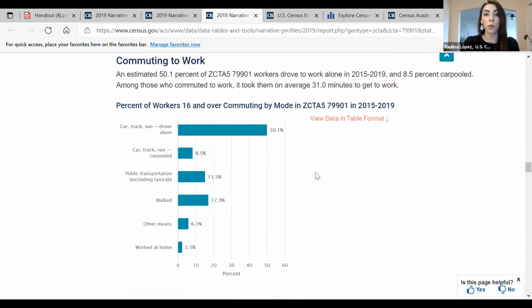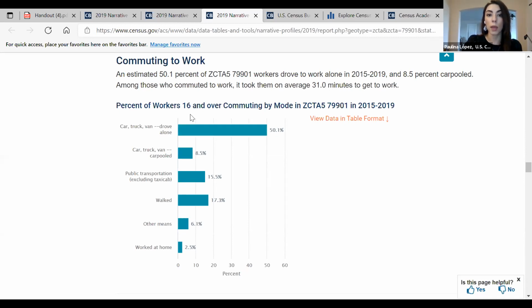And you see, we know that the downtown area, they're mostly renters, and you see that reflected in the commuting patterns to work. So 17.3% of the population walks to work, and 15.5% use public transportation. Carpooling 8.5, other means 6.1.